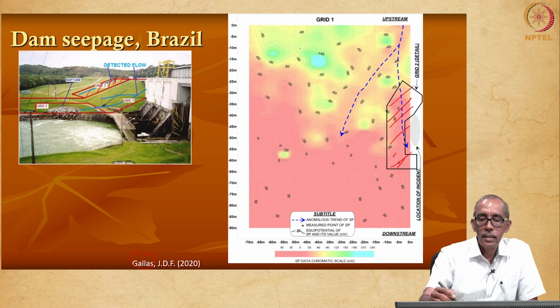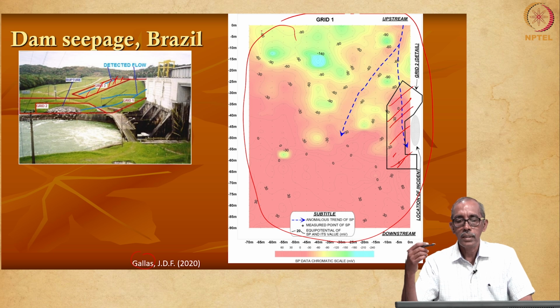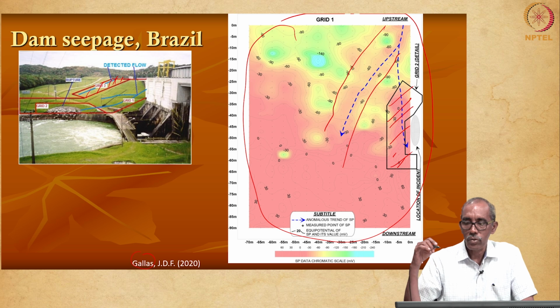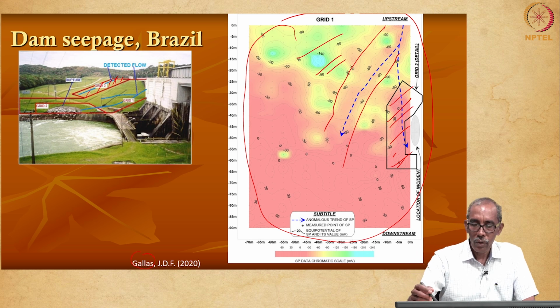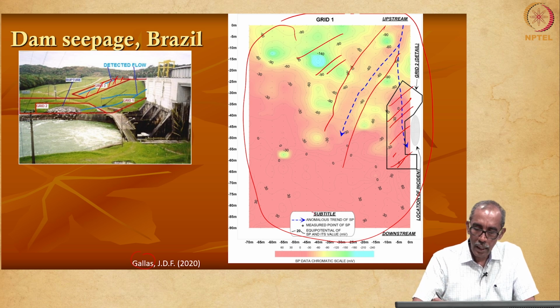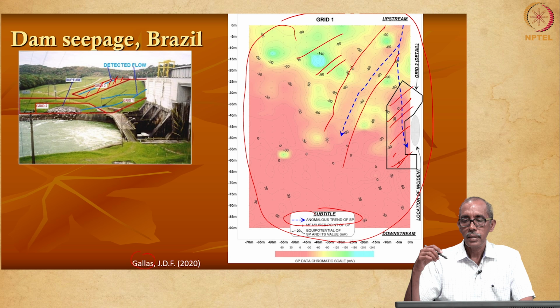Here in this diagram you see the contours showing equal cell potential, but somewhere in this zone you see a kind of anomalous values compared to this area. That means wherever you have this little bit of red and orange color, there seems to be some anomaly. That is what they have indicated here: anomalous trend of variation in cell potentials. Probably that is the direction in which there is going to be a leakage.